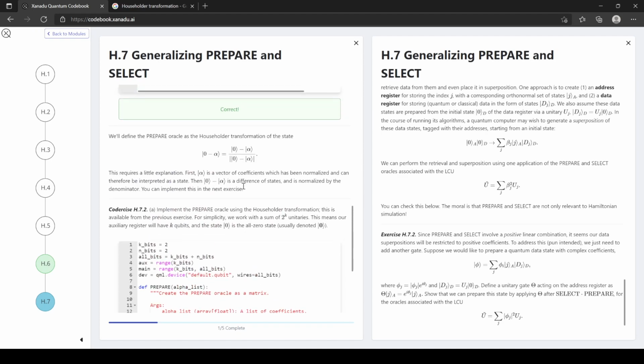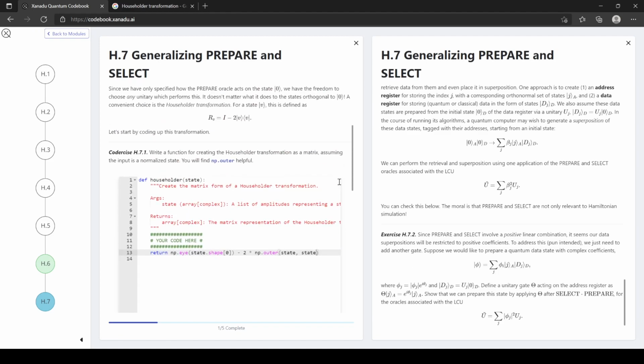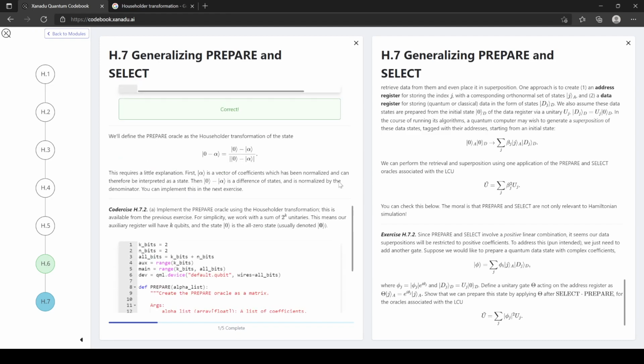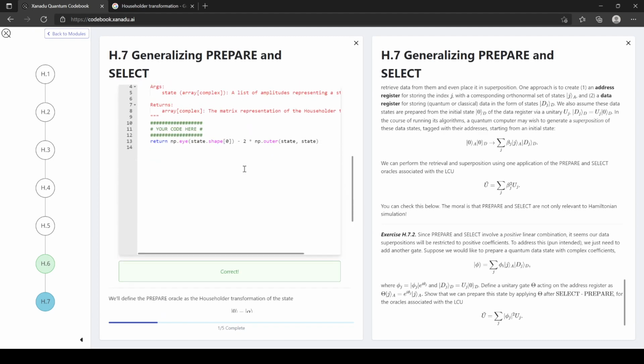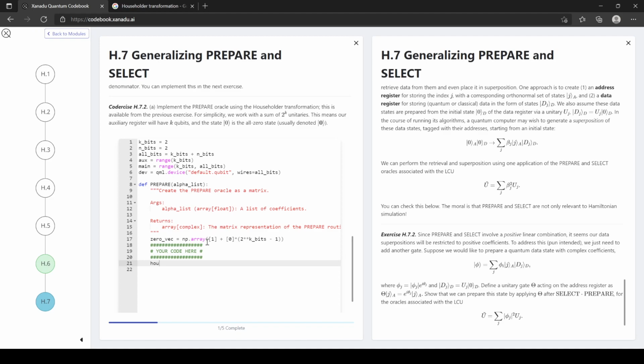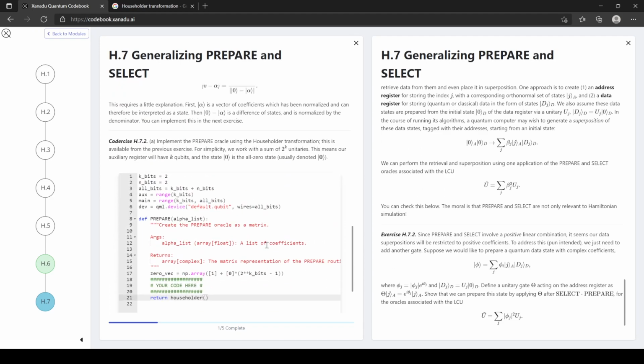So I think what we want is whatever this function is called, Householder, and then we want the function to call the state, which is simply the